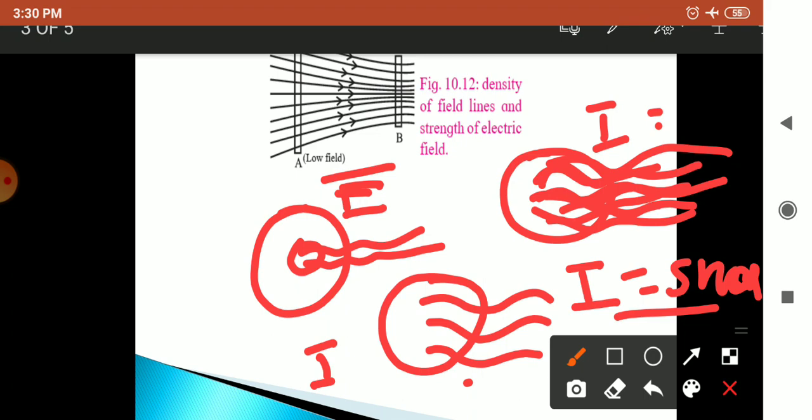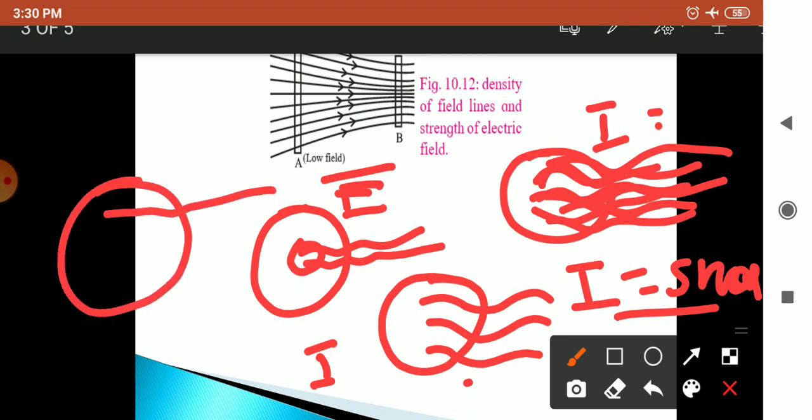When there is a uniform electric field, the lines of force are parallel to each other and are equally spaced. The lines of force are purely a geometric construction which help us visualize the nature of electric field in a region,